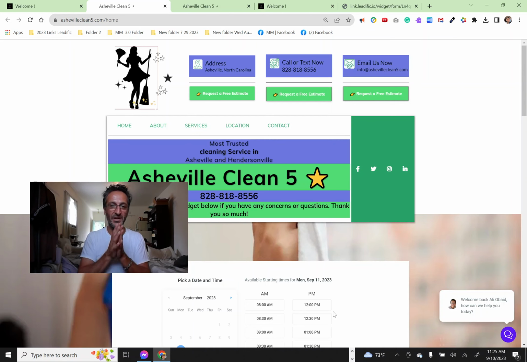app. But the only thing that they need to be concerned about, which is really key, guys, you need to pay attention to this because it's confusing on the client side. The only thing they need to pay attention to when they're using the Lead Connector app, which is the mobile version of Leadific, is the conversation tab. Everything else they don't have to worry about. They can learn all that stuff later, but the only thing they need to pay attention to is the conversation